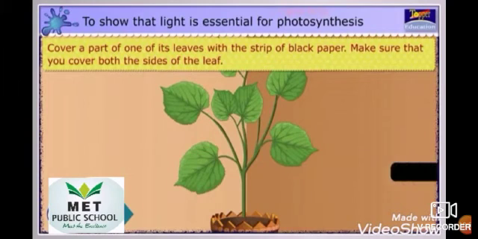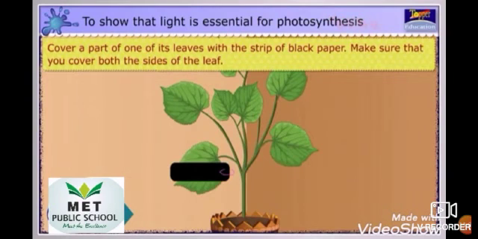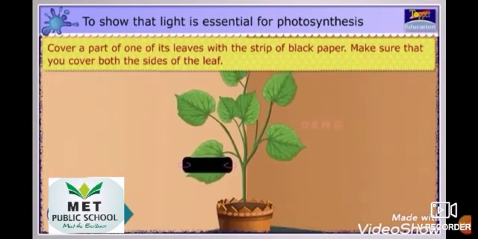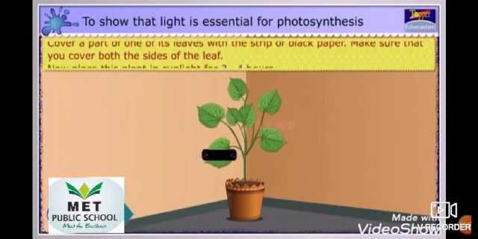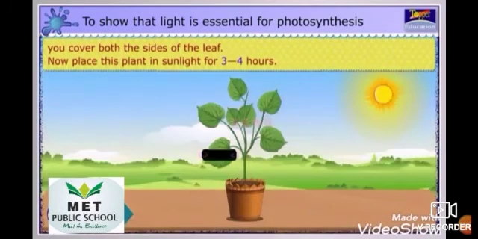Make sure that you cover both the sides of the leaf. Do you understand what I told? See, this is the black colored cover slip. They clipped it on the leaf, both the sides, down also and up also. Not even a little bit of sunlight will enter that leaf, while the other leaves are getting sunlight. Whatever starch it stored, it will use for 2 hours or so, but after that it can't. So you can see clearly what happens.